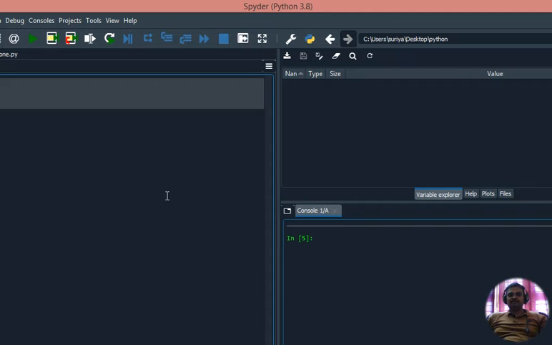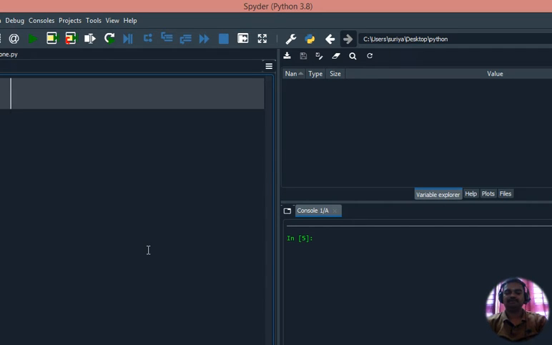So you can see the Spyder environment here. In this Spyder environment, we're going to type the code. First of all I plan to declare a variable. In the Python programming language, there is no need to declare variables by giving int, float, or double, that is, by giving the data type. Whenever you give a value to the variable, the data type will be allotted to the variable automatically.